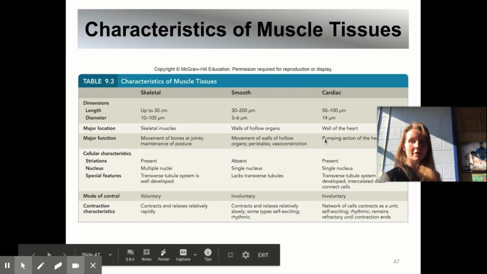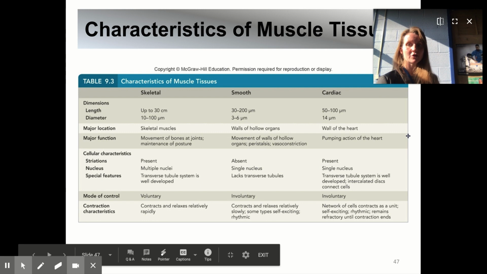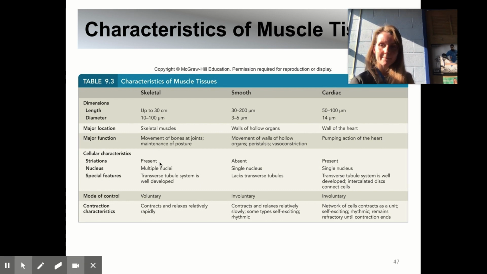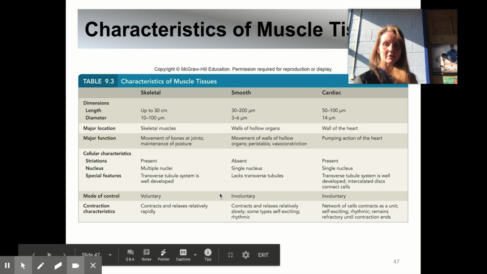All right. So this is kind of like a nice chart that compares one to the other. Okay. So we can see how the dimension and the length is different, whereas the cardiac muscle has some of the longer fibers. Smooth is kind of in the middle, and skeletal fibers are pretty short. Okay, and we can go down this chart and kind of see where our similarities and differences are. This is a great chart to have in your notes, and we're going to stop right